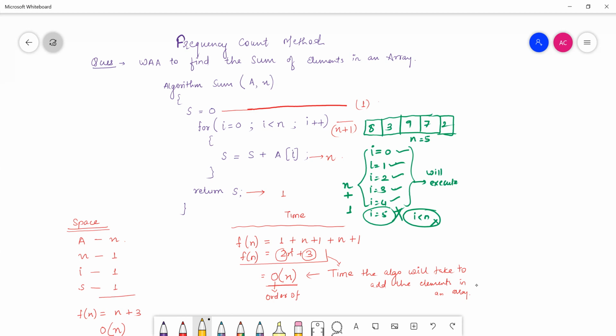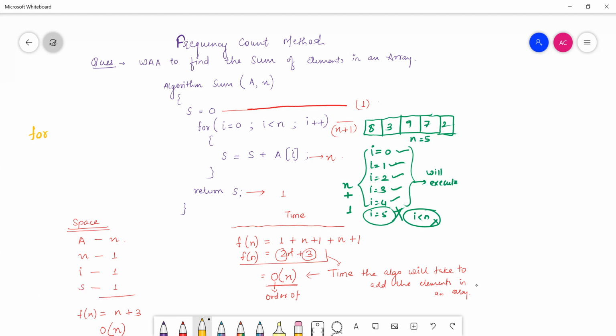See, you won't be writing an algorithm of 2 pages, 3 pages, or 4 pages. An algorithm is short, just a procedure of the program. In the program you will keep writing the while loop, variables and all that, but the algorithm won't take it. Now, to understand the concept, we have taken a small code segment. But once you know that a for loop takes n plus 1 time, and whatever comes in the for loop takes n times, right? So in the algorithm, you will just write like this: